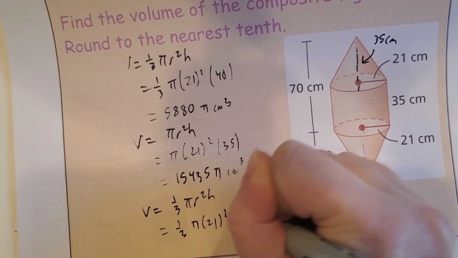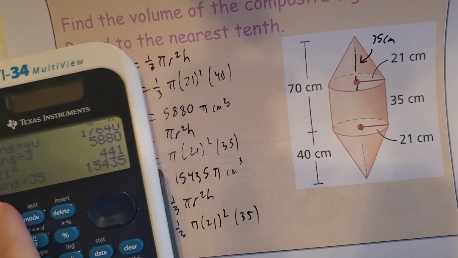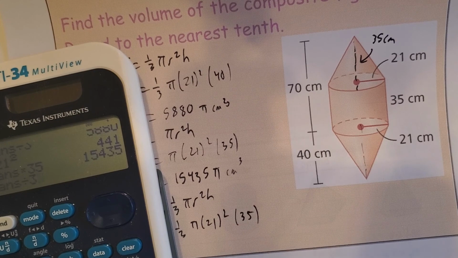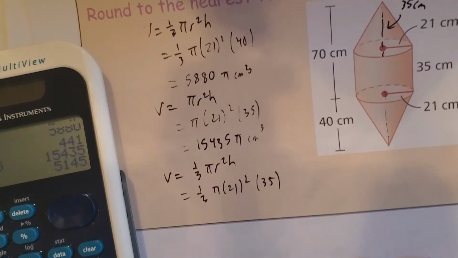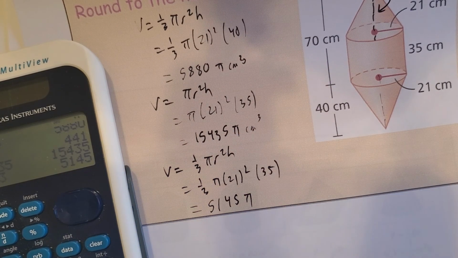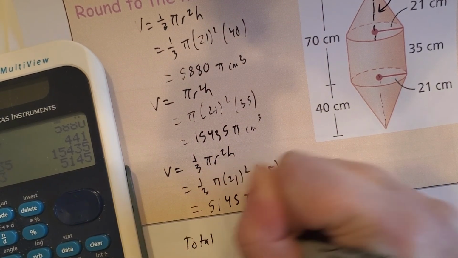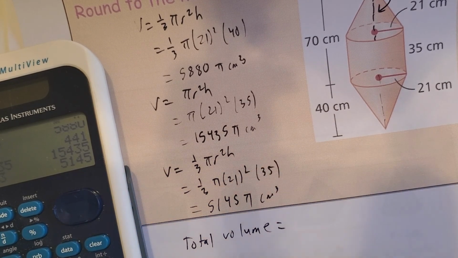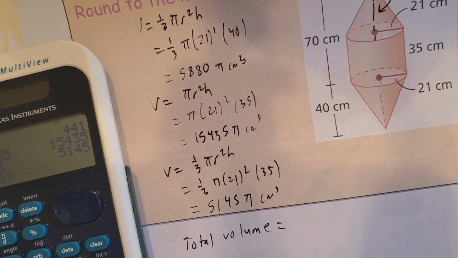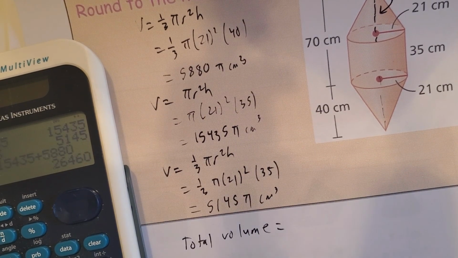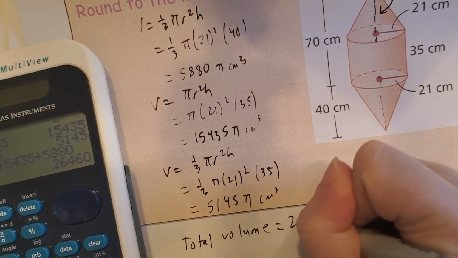21 times 35. So we could honestly just take the exact same 15,435 that we got earlier and just divide it by 3. And that, in terms of pi, is going to be the volume of our second cone, 5,145 pi centimeters cubed. So when you add them all up, 5,145 plus 15,435 plus 5,880 gets you an exact answer of